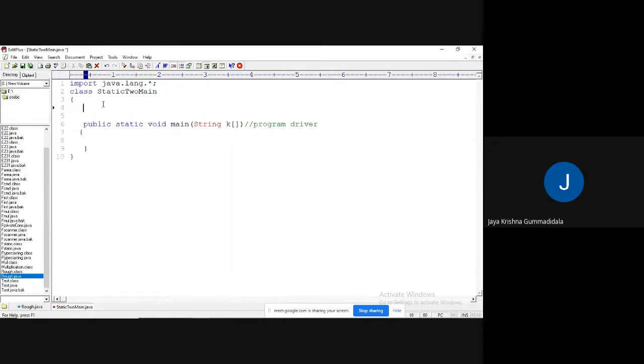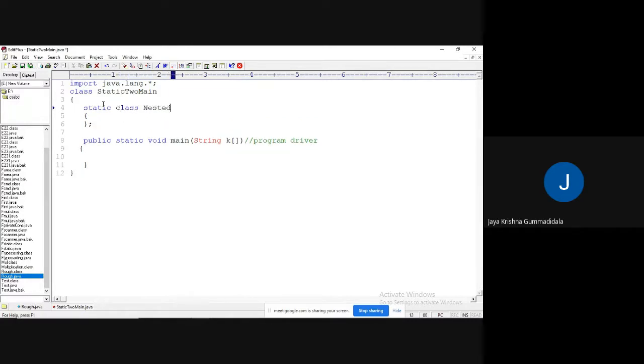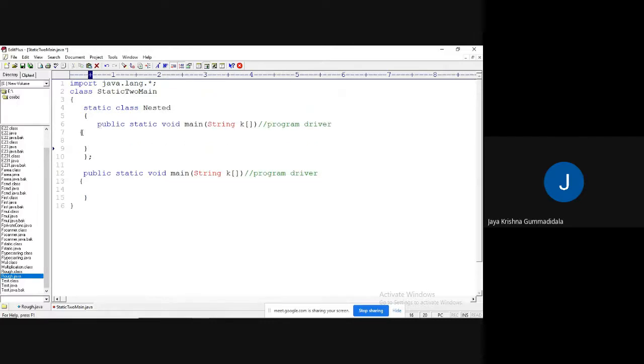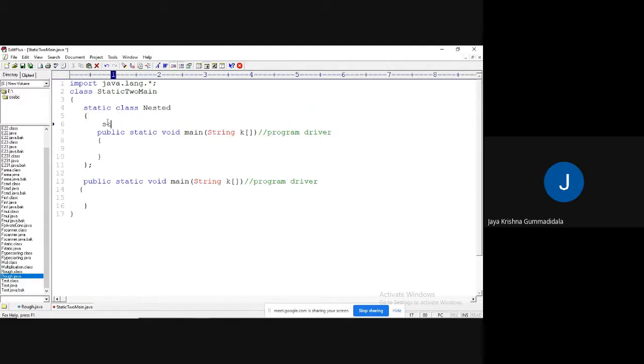Now here itself I have defined, I want to define an inner class, a nested class, a static class nested. I mean, the nested class name is static. Then this static nested class can allow static methods also. So that is the reason I am able to write the program driver once again, meaning it is not only about the program driver,